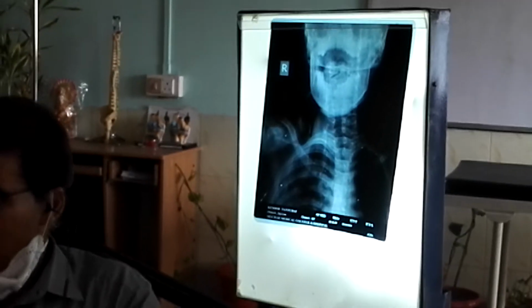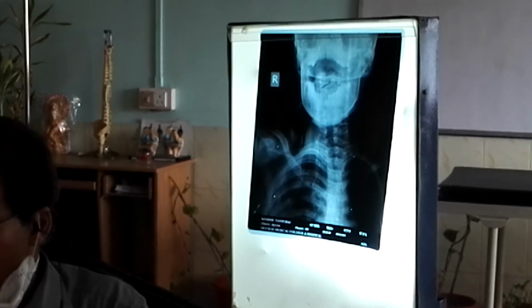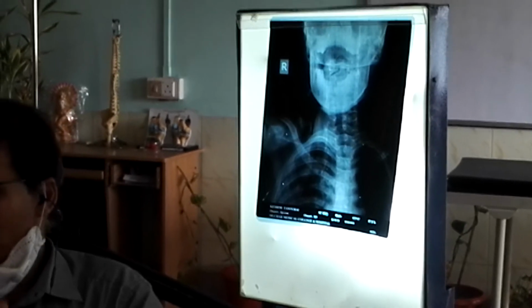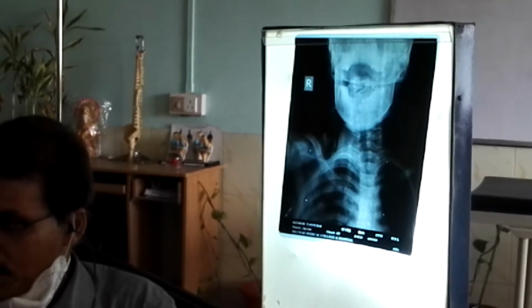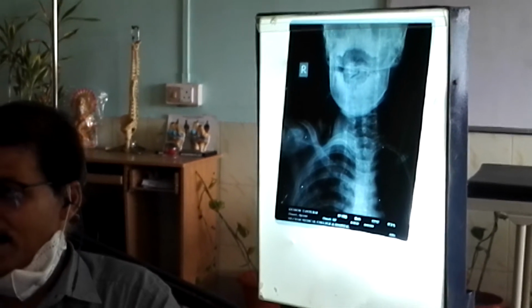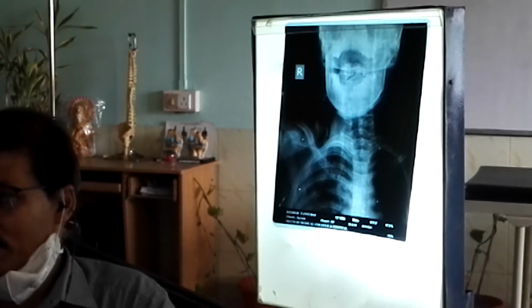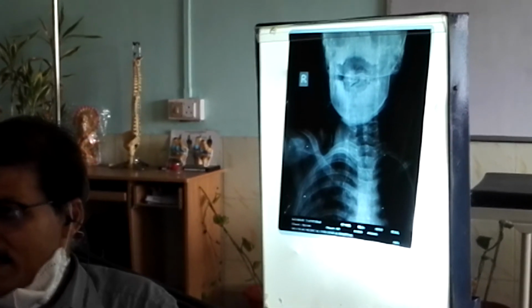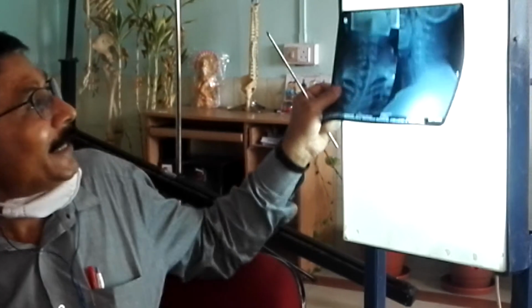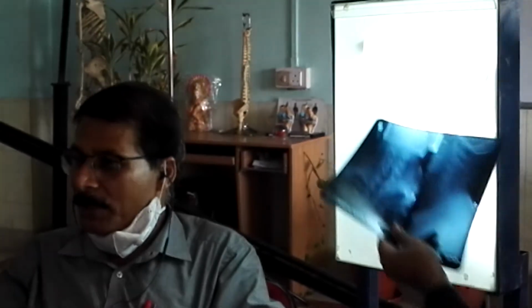It involves the AP and lateral views, and in these views, as I already mentioned, look for A, B, C, D. Here you look for alignment, here the height of the vertebra, here the disc space, whether the vertebra is intact or broken, whether there is a fracture, what the spinous process is, whether it is fractured or not. And in the subaxial part, translation of 3 mm in the alignment is significant. This is called radiological instability. What are the radiological criteria that tell us the instability of the cervical spine?